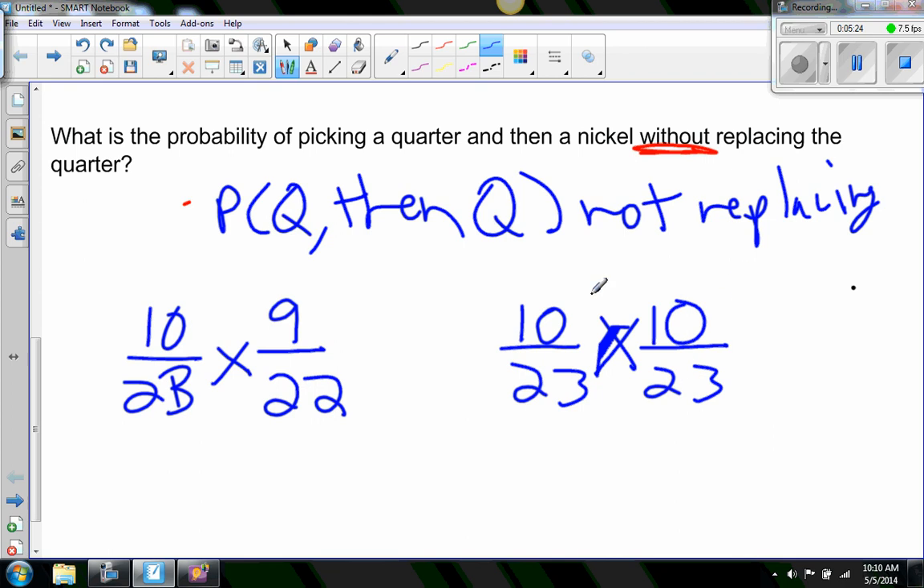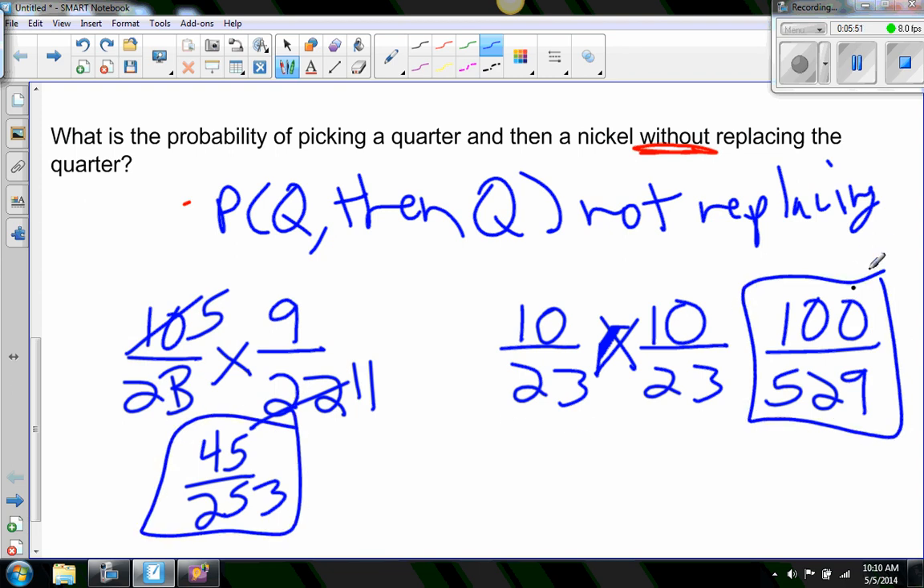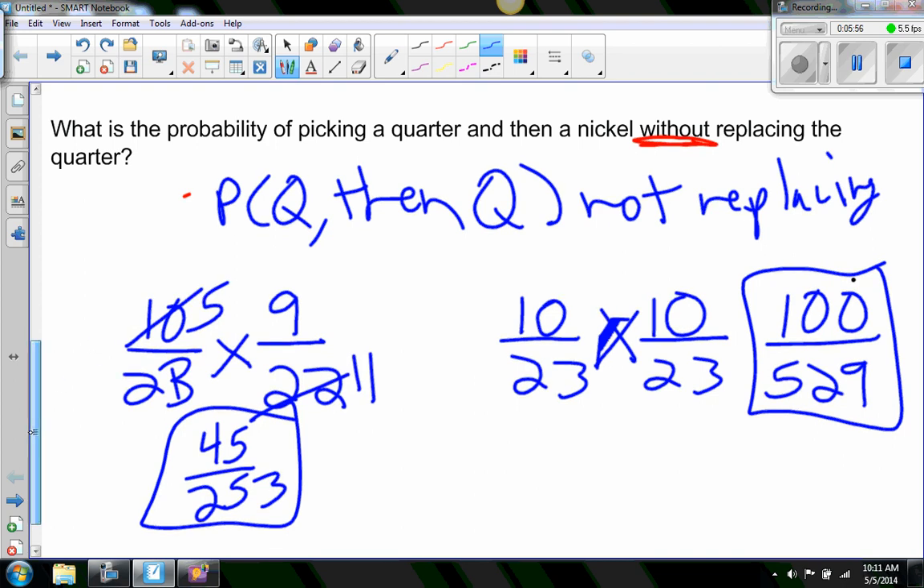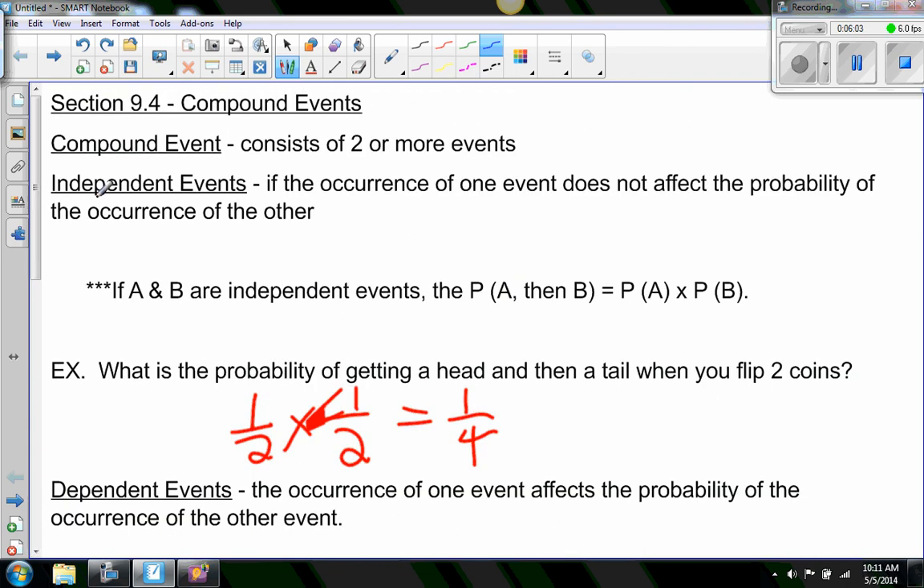Okay, do you see the difference? Here I replaced it, here I did not, right? So what are my answers going to be? Here I'm going to get 45 over 253. And here I'm going to get 100 over 529. See the difference? This answer is a lot different than this answer, right? So you have to pay attention to the wording. Is it replaced or is it not replaced? Not replaced always means dependent. Okay, so make sure you keep those two things in mind